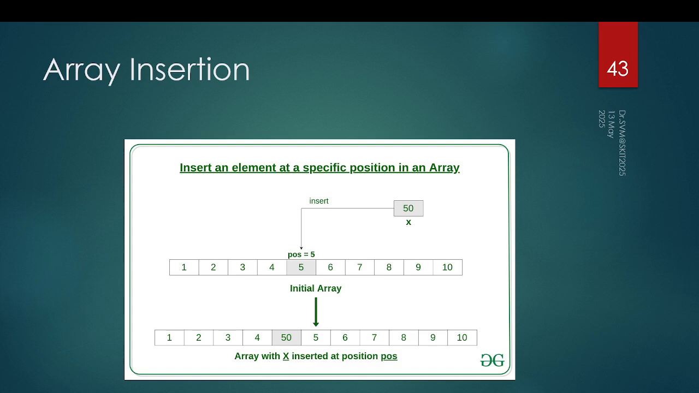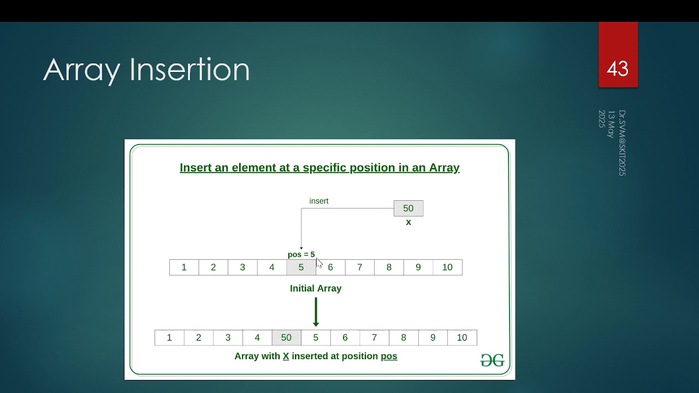Hello friends, welcome back. Now let us see how an element can be inserted into any given array. As an example, we have an array which is shown here, having elements 1, 2, 3, 4, 5, 6, 7, 8, 9 and 10. And at position 5, we would like to insert a new element having a value 50,